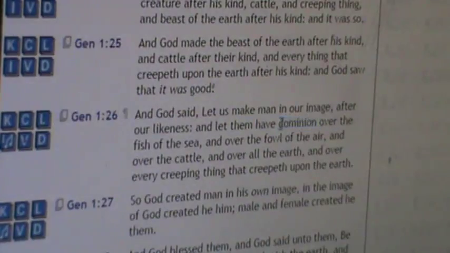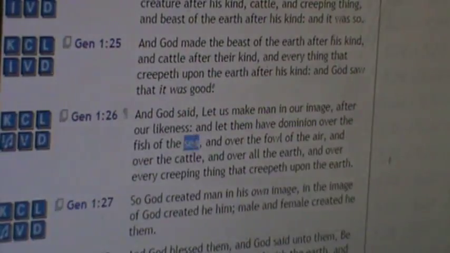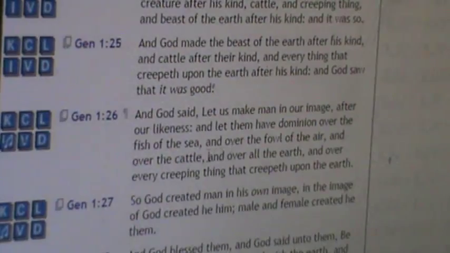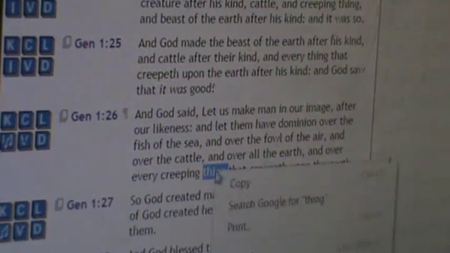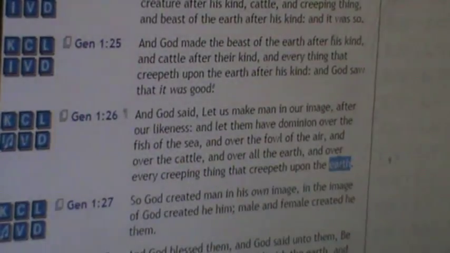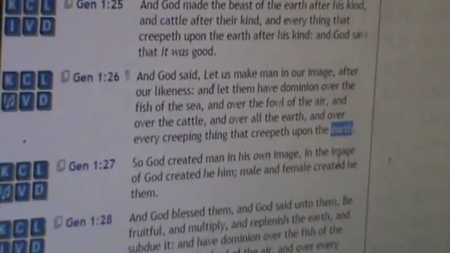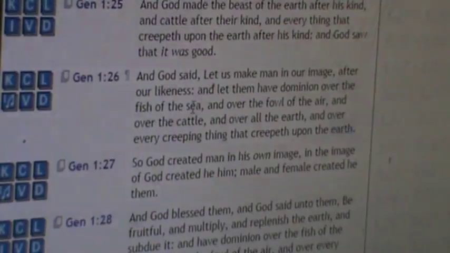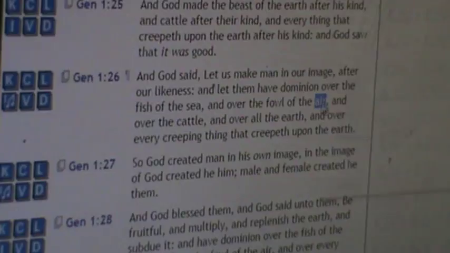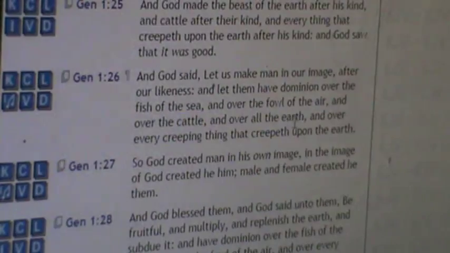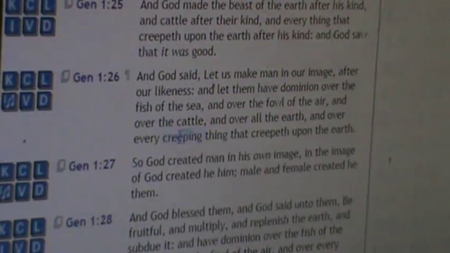And then dominion is 3's, have dominion over the fish of the sea, Father, fowl of the air, Father, and over the cattle, Father, the earth, Father, and over every creeping thing, Father, that creepeth upon the earth, Father. Wow! So listen to all the Father words in this. Sea, Father, air, Father, cattle, Father, earth, Father, every creeping thing, Father. Okay, this is another Trinity glorifying